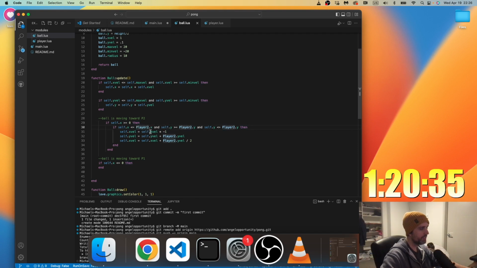If self.x is less than or equal to player 2.x, this isn't right. It should be greater than or equal to. That's probably one problem. And self.y is greater than or equal to player 2.y would mean it's below the top left corner, which is correct.